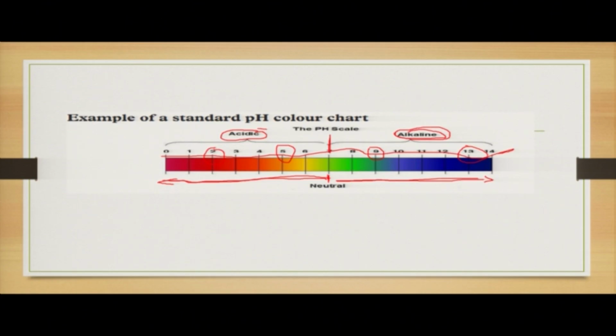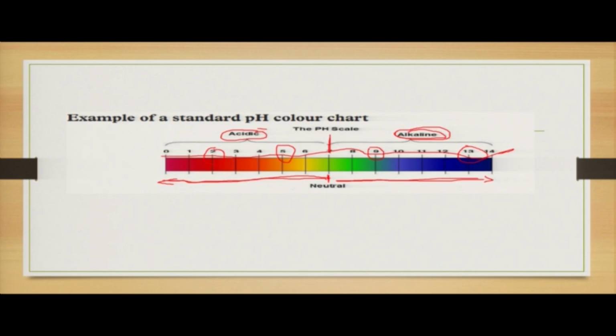So the colors correspond, according to the pH scale, to the nature of the solution. When you are moving towards your left on the screen, you will see that the colors are moving from greenish to yellow, orange, reddish brown, then to deep red. So what does that mean? It means the solution is becoming more acidic with the red color. Then moving from the neutral towards your right, that is from 7 up to 14,